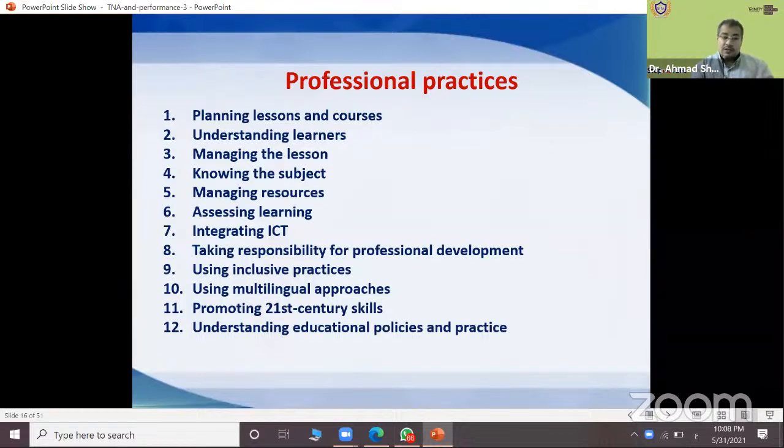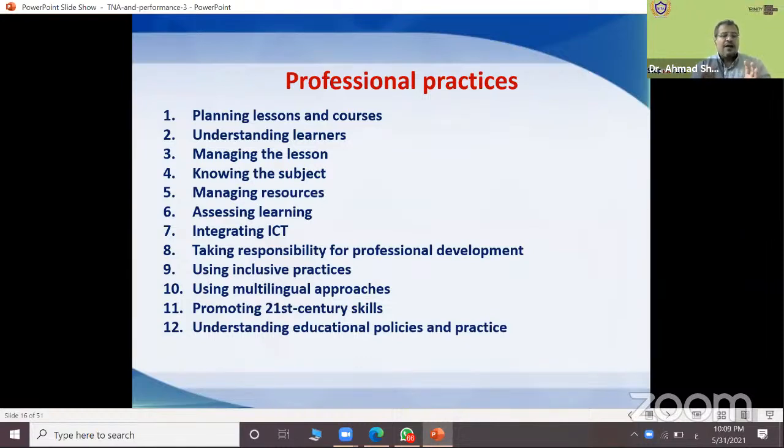So we will talk about each item in detail. Planning lessons and courses, understanding learners, managing the lesson, knowing the subject, managing resources, assessing learning, integrating ICT technology, taking responsibility for professional development, using inclusive practices, using multilingual approaches, promoting 21st century skills, understanding educational policies and practice.